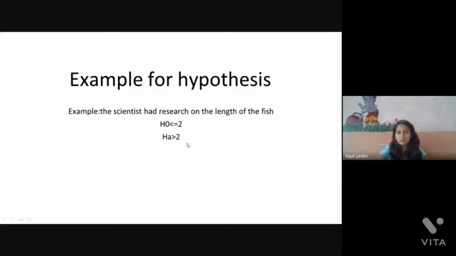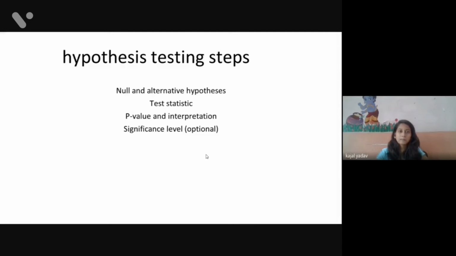Or if the length of the fish is greater than 2, then there will be a drastic change in the length. So the old belief that the length of fish is 2 will be false. So the alternative hypothesis will be given as HA greater than 2. So this is the example to execute the hypothesis.